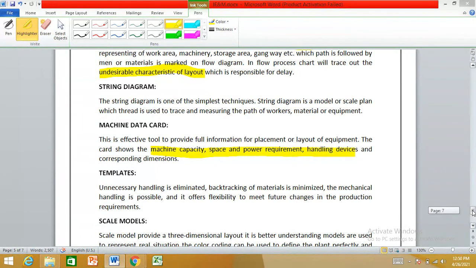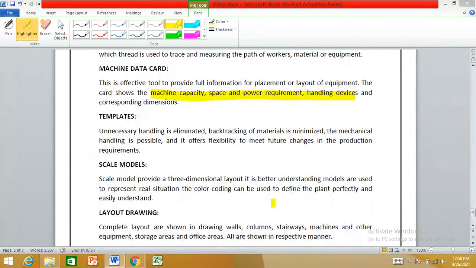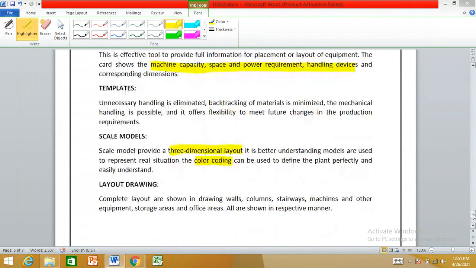Then scale models. Scale models are nothing but a better version of templates where we use a three-dimensional layout so that our understanding gets better. Sometimes we even use color coding so that it is more attractive and we can easily understand the models present in the layout. Then last but not least, our layout drawing, which is the simplest form and was used previously.